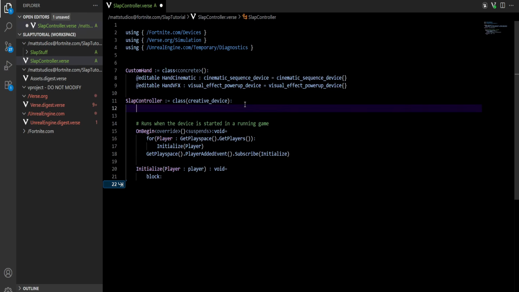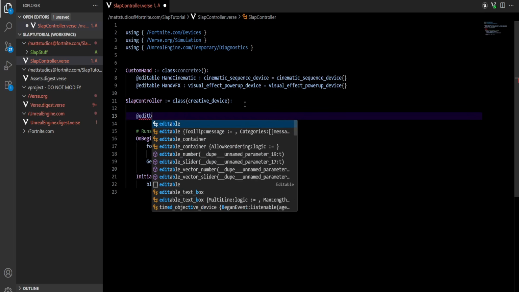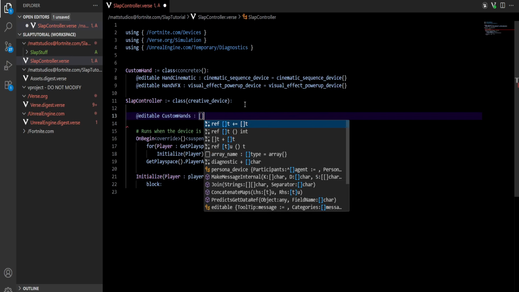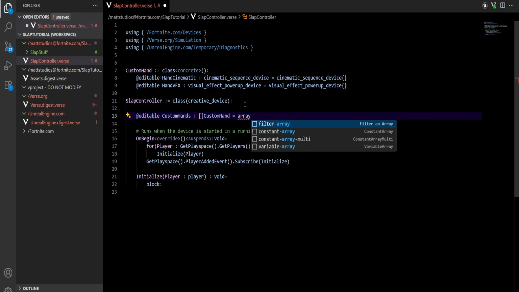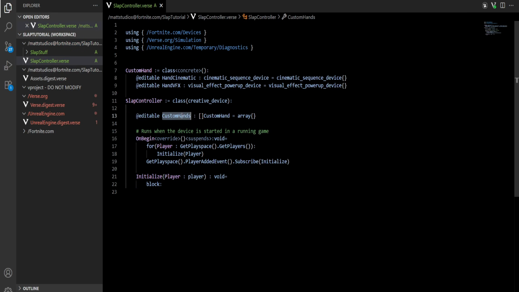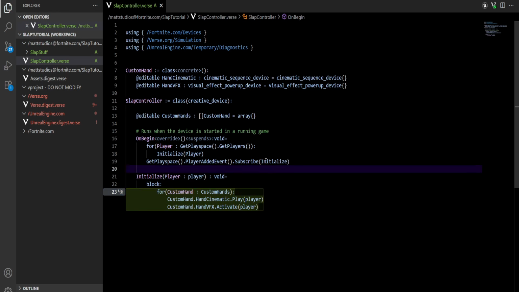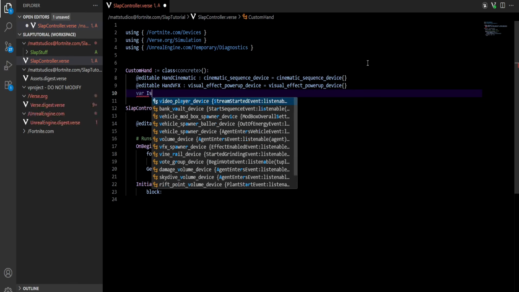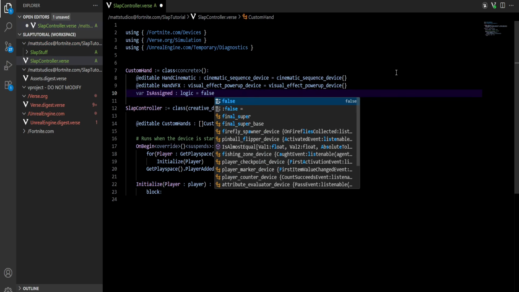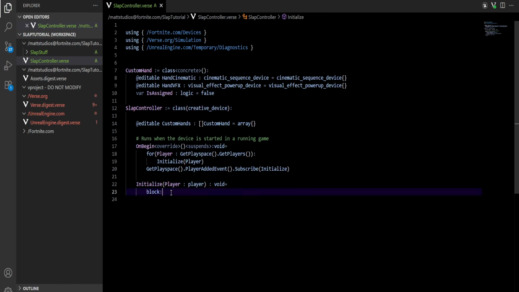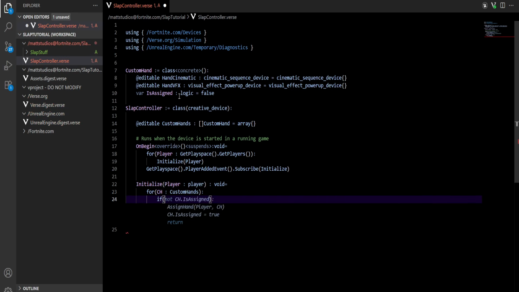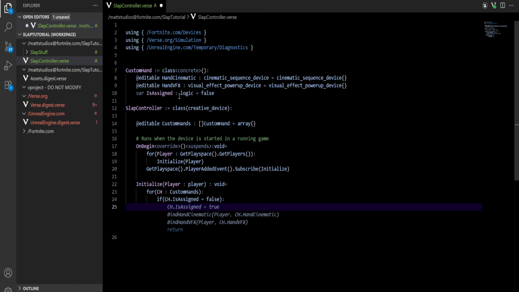So let's go ahead and now create an array of custom hands. We'll create an editable, and we'll call this our custom hands, type array of custom hand, is equal to array, like so. So now we need to assign one of these custom hands to the player, but we want to make sure that it's not the same custom hand as another player already has. So I'll actually add a variable in this, and I'll call this is assigned of type logic, and we'll say it starts as false. So whenever a player gets initialized, we're going to go through every single custom hand in custom hands like so. And if our custom hand dot is assigned is equal to false, then we will assign this by